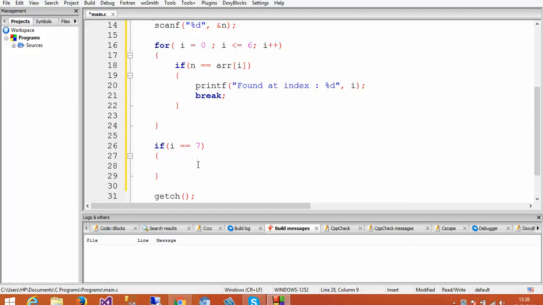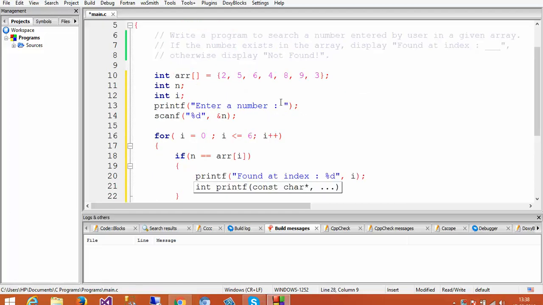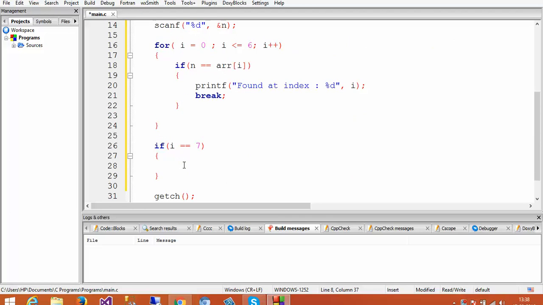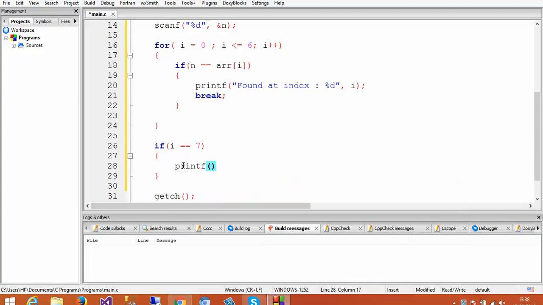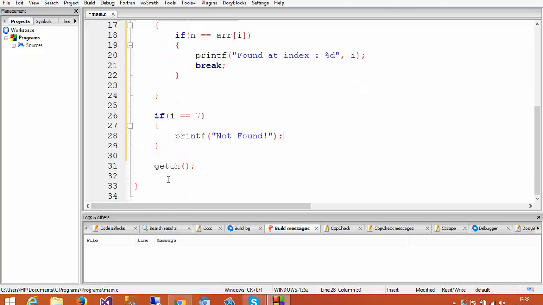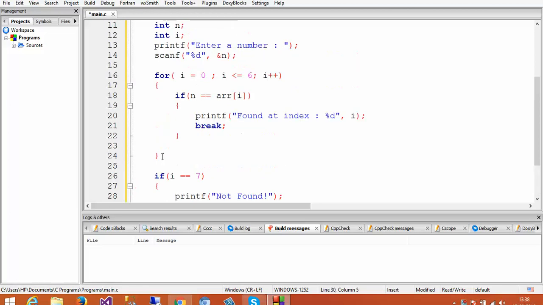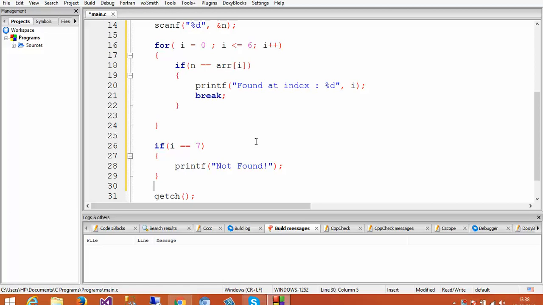So if I equals 7, we can print this not found string on the console. So this is it. We are done with the coding of our program.